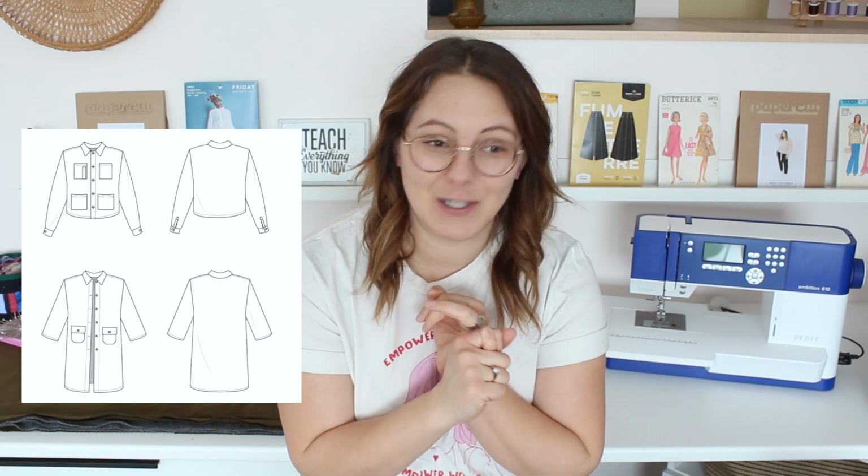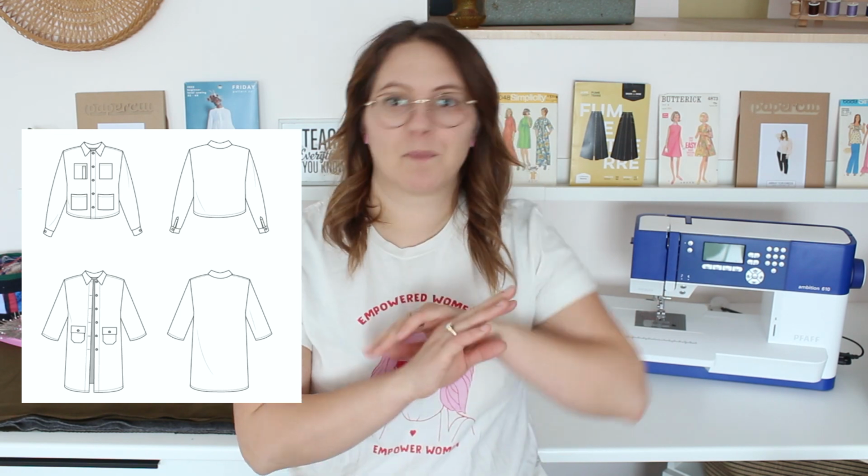This is the one that I have been wanting to make since I've heard about it, probably 2.5 years ago. If you're not familiar, it's kind of like a chore jacket. It's a very boxy style. I think it's actually a unisex jacket. That's what they market it as. And it's got like a plethora of pocket options, and it just really adds that level of, I guess, character